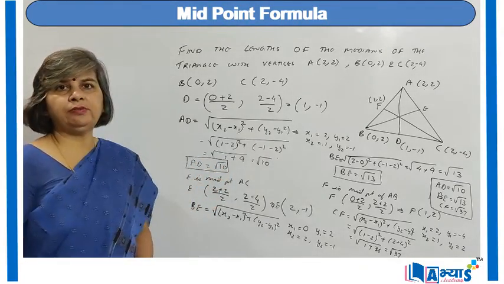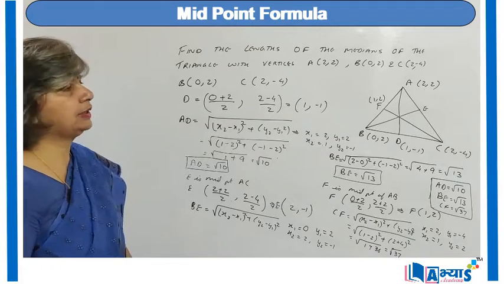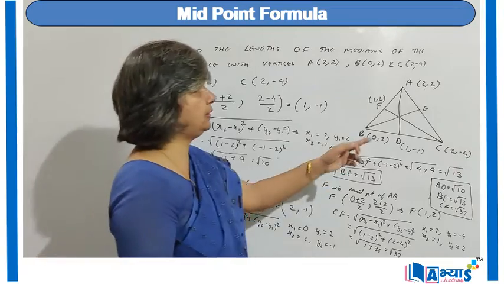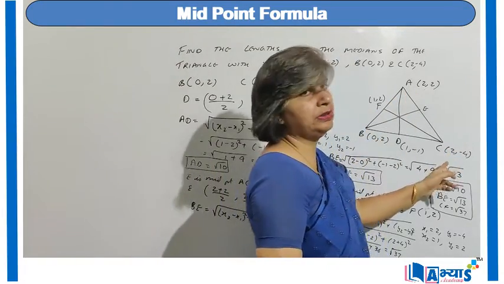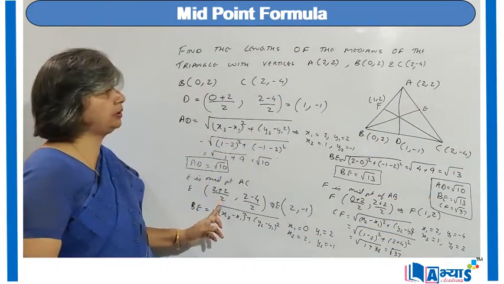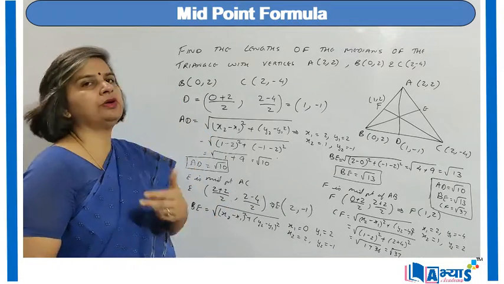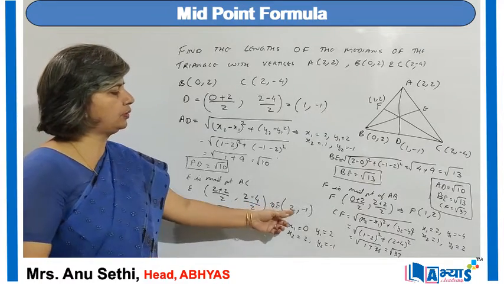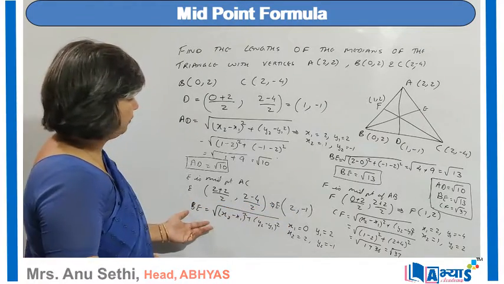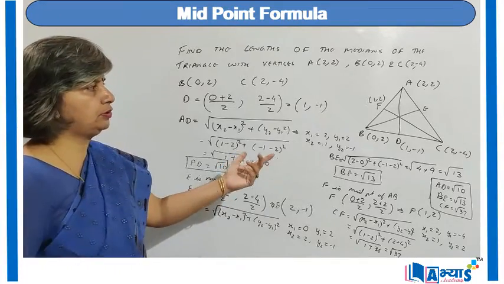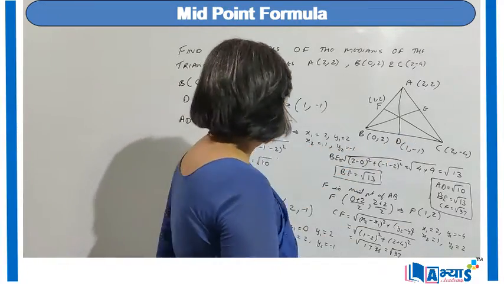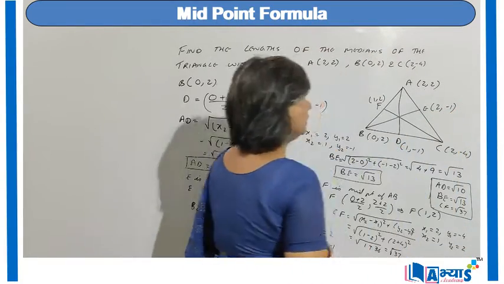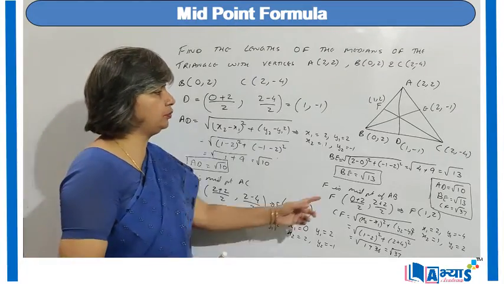Similarly, we found the midpoint coordinates of E taking the coordinates of A and C. So it was 2 plus 2 divided by 2 because the x of A was 2 and x of C was 2. So 2 plus 2 divided by 2. Similarly, we found the sum of y coordinates of A and C, that is 2 and minus 4. 2 minus 4 upon 2. So I got the answer as 2 comma minus 1. Then I found the length of BE because the coordinates of B were 0, 2 and E was 2 comma minus 1. So we applied the distance formula and found the value to be root 13.